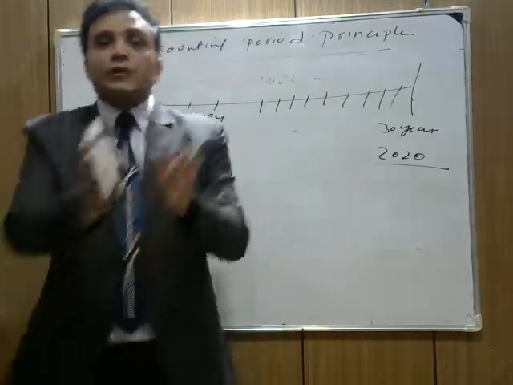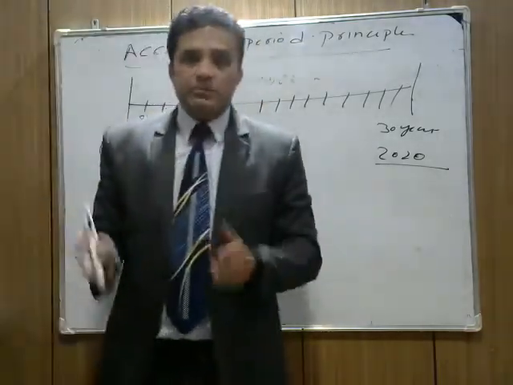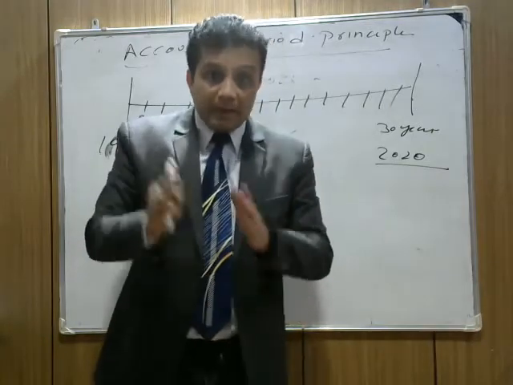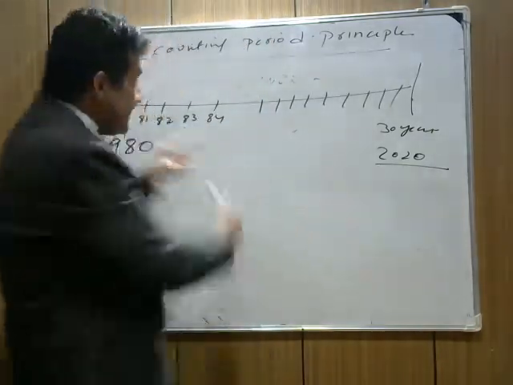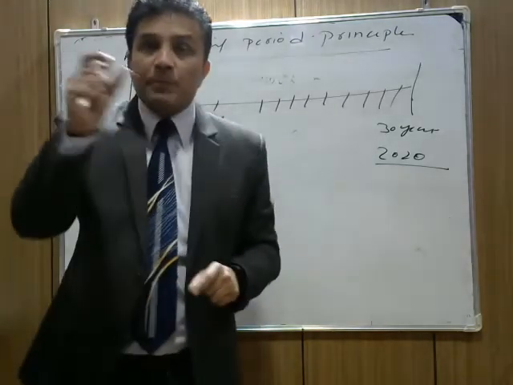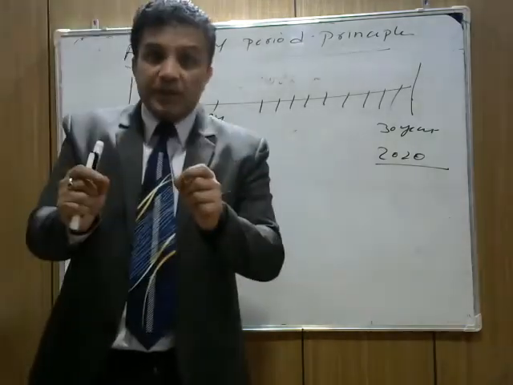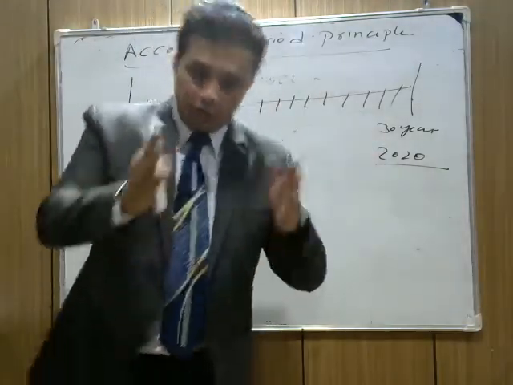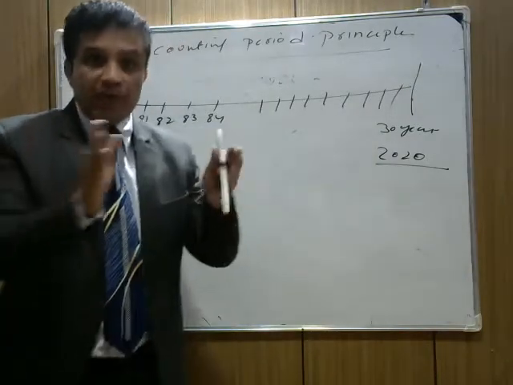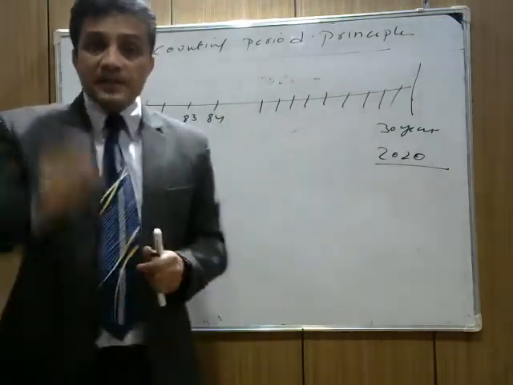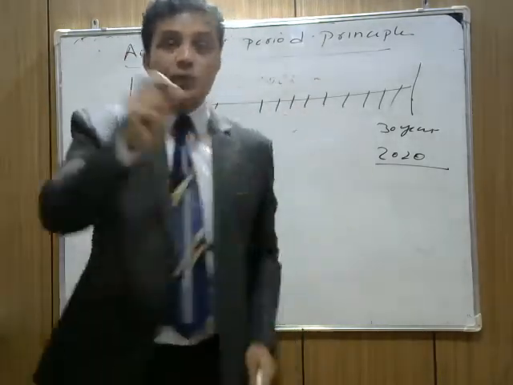Now it's easy to identify when we maintain the accounts for a particular period, and this period is called the shorter period, say for 1 year. So the accounting period concept says that you need to maintain the accounts for 12 months. It's not compulsory to maintain the accounts from 1st April to 31st March, but generally the business does so. But as per this accounting period concept, the whole life of a business enterprise is divided into smaller periods. So this 1 year period is called the smaller period.